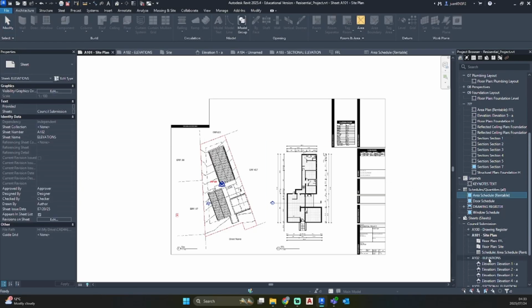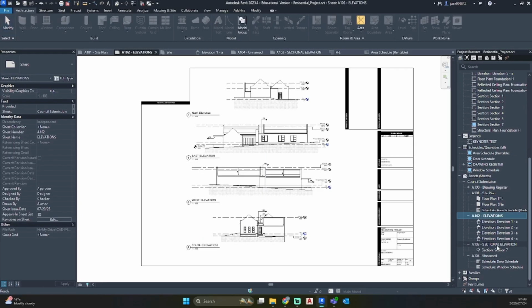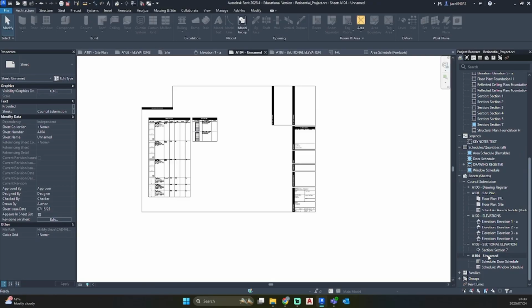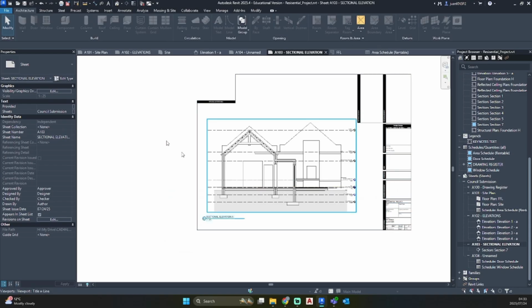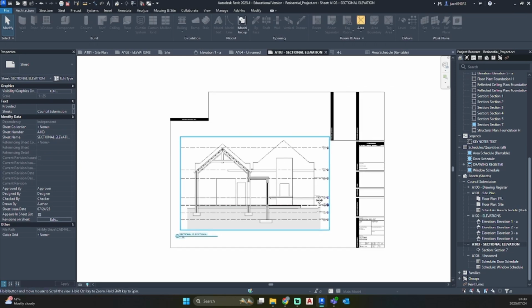So we have our site plan, elevations, section, and our window schedule. So now we need to annotate this drawing. So let's take a 5-minute break and then we'll get to the annotation side of things.